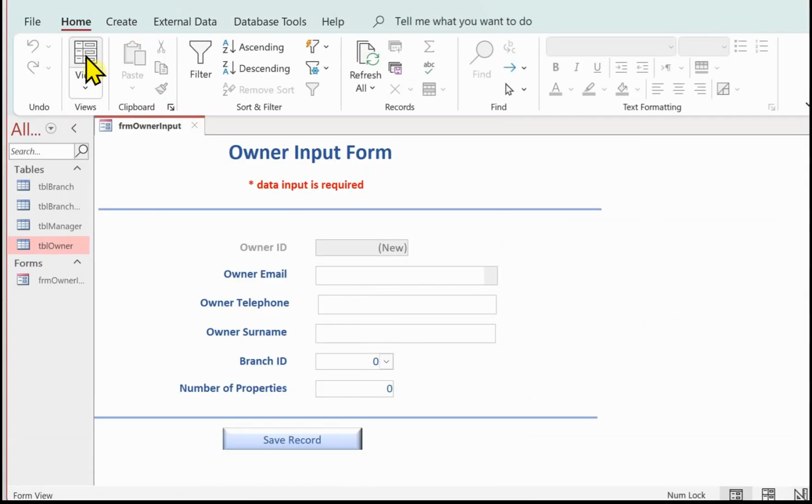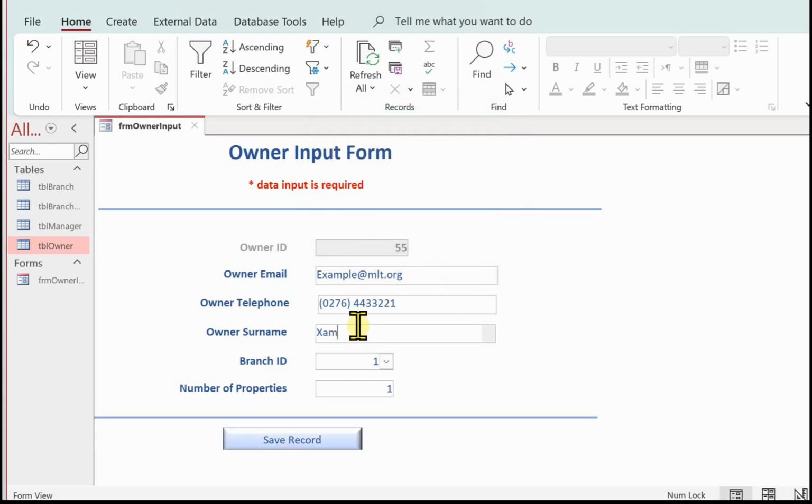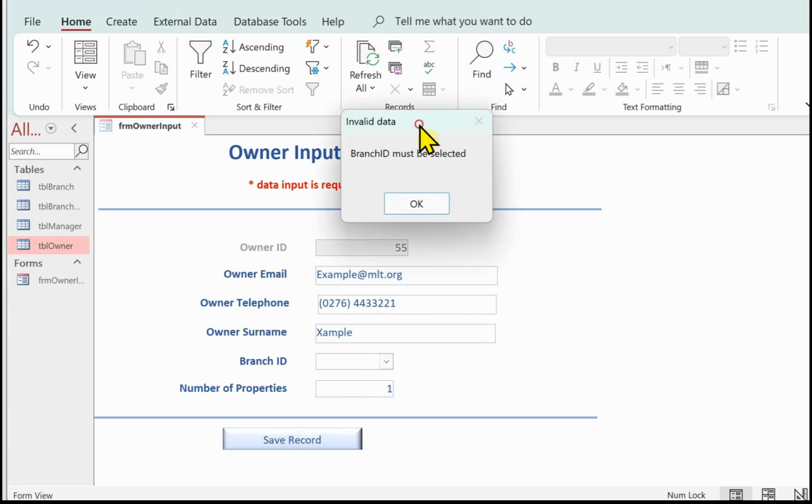Now in the form view for the form, and I'm going to test the validation. So let's just key in an email address and a telephone number. Let's leave the surname blank and try saving the record. Owner surname must be present, that's fine. Let's put a surname in now, and this time try saving without a branch ID. Again, the branch ID must be selected,